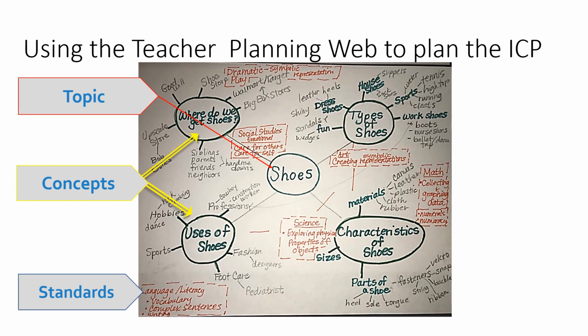So if the children were really interested in a particular animal on a farm, or maybe they were interested in a particular machine on the farm, like the tractor, I may narrow that topic. If my kiddos are in kindergarten, farm would work. And so I would put that in the middle. So if I put that in the middle as my topic, I'm going to think about the concepts.